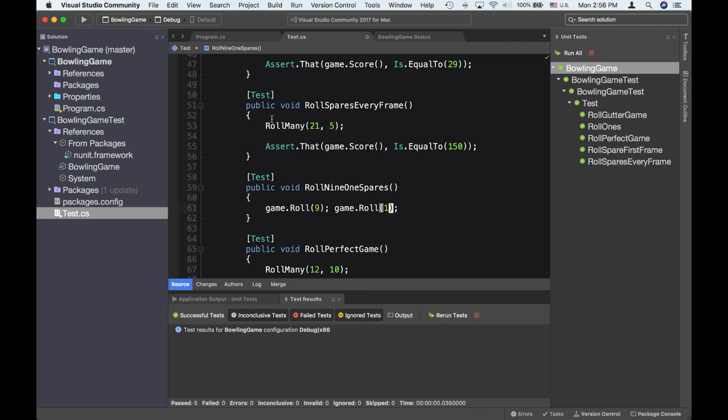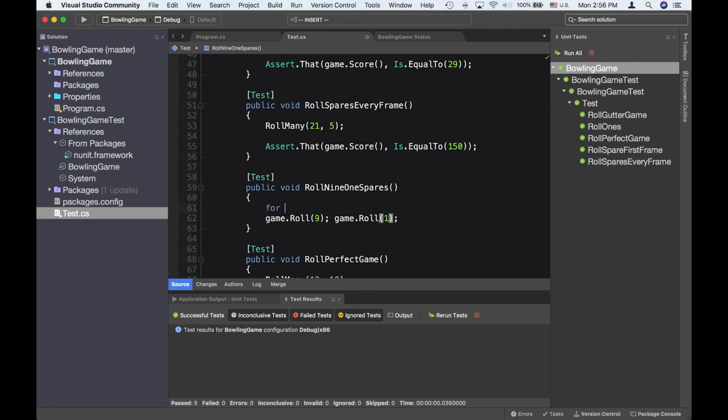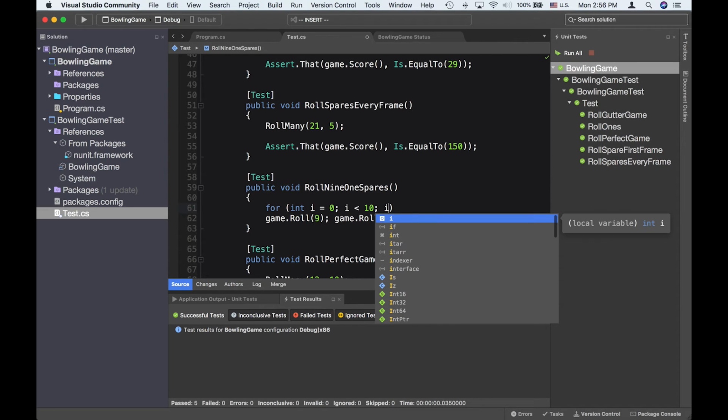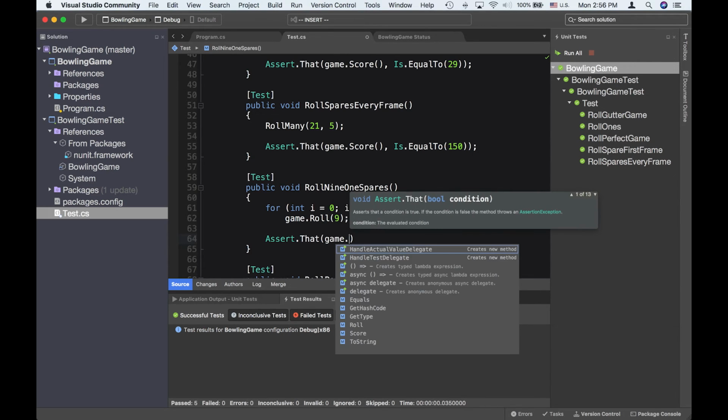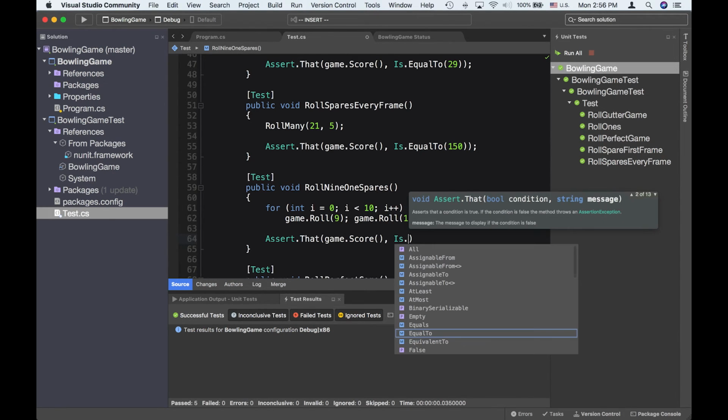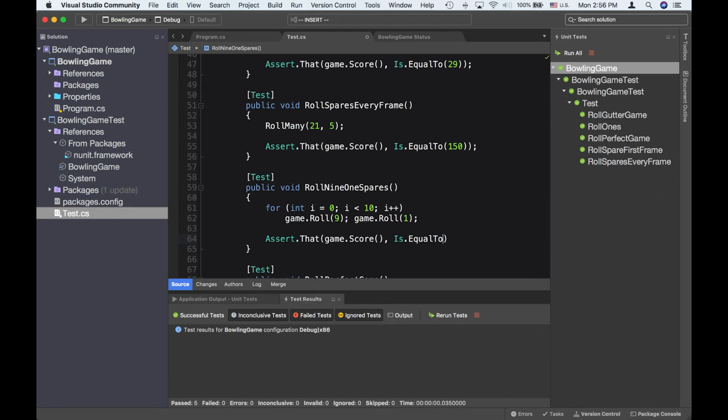Okay, and we have to do it 10 times: for int i equals 0, i smaller than 10, i plus plus, and assert that game.score is equal to